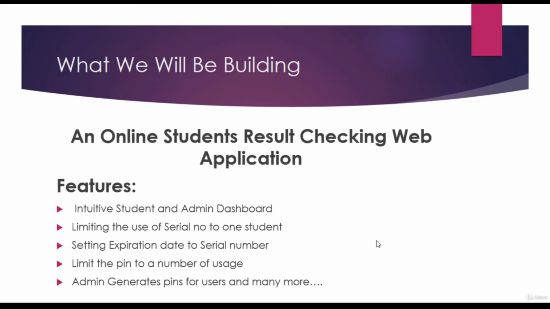So this is not all the features that this particular application has. These are just some of the basic features that we are implementing in the application. Now by the time you enroll for this course and we proceed, you're going to see more features that are also available in the course. So in the next slide, we're going to be talking about